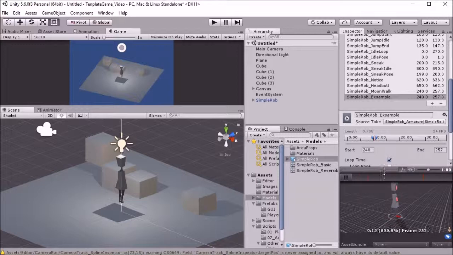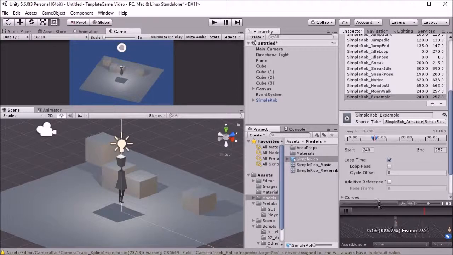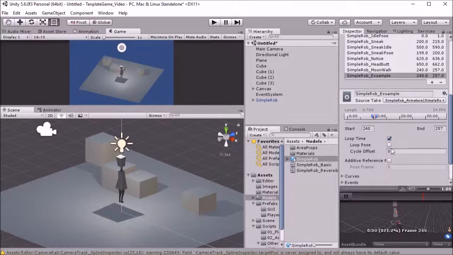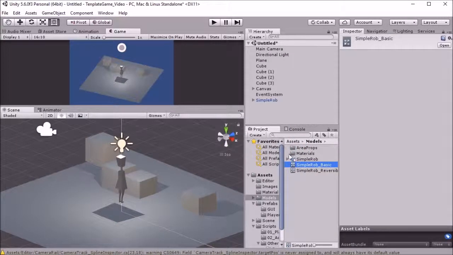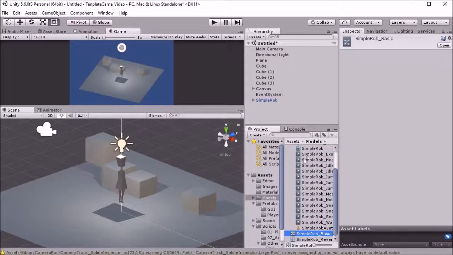There you go, got a little moonwalking feather. Sometimes you might do loop pose, which I think just blends the beginning and end if they aren't already, and that helps. You set loop time so it's set to actually loop in the animator. And if I leave this now, it asks me to apply. There we go. Along here is where all the animations are stored as smaller bits,